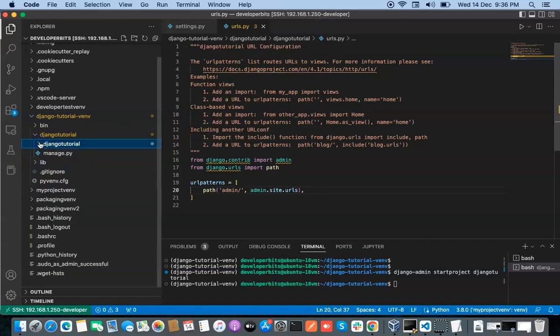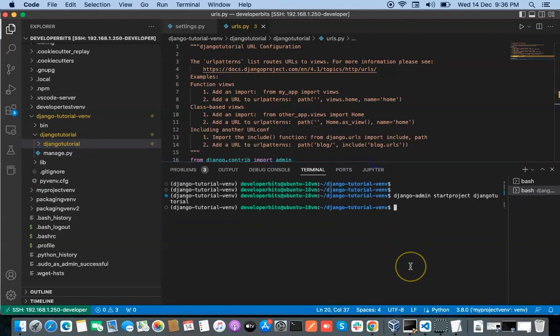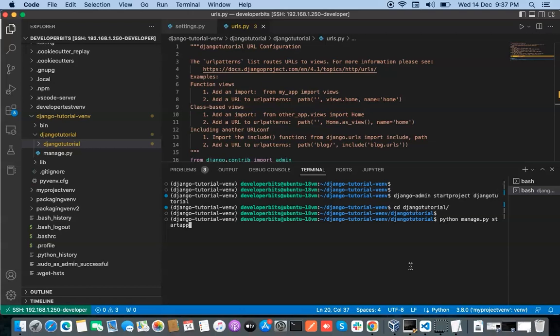In order to create our hello page, we also need to create an app here, because a Django project is a collection of apps and nothing else. Just navigate to inside of the Django project and type python manage.py startapp, and type the name of the